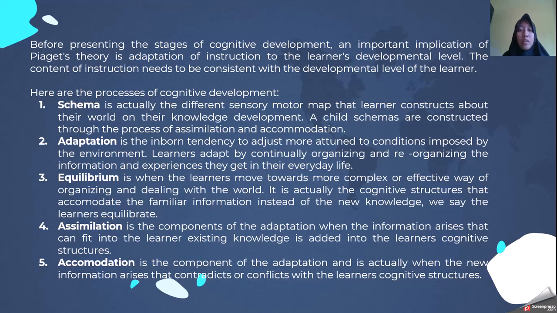The next one is about equilibrium. It is when the learners move towards a more complex or effective way of organizing and dealing with the world. It's actually the cognitive structures that accommodate the familiar information instead of the new knowledge. We say learners equilibrate. And the fourth, assimilation, is a component of adaptation when the information arises that can fit